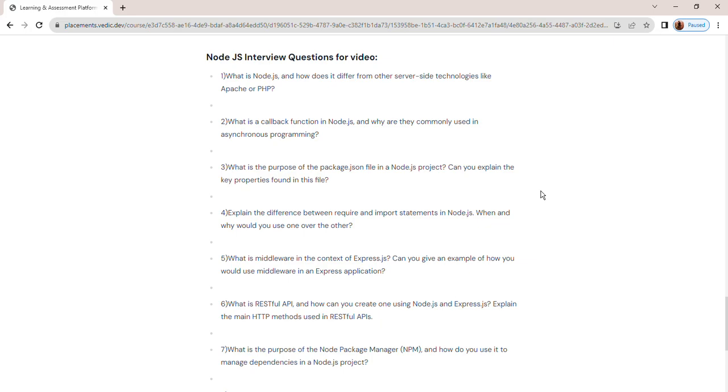And the third question is, what is the purpose of the package.json file in a Node.js project? Can you explain the key properties found in the file? Yes, the package.json file in a Node.js project serves several purposes like dependency management, scripts, and metadata. The key properties of package.json are name, version, description, dependencies, development scripts, and